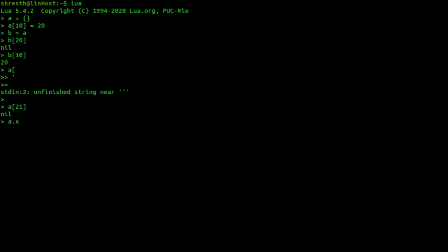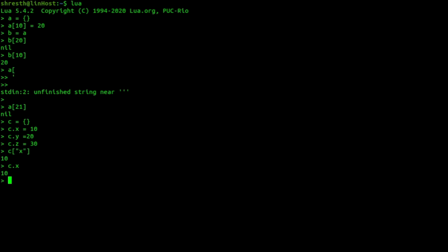Lua gives us this facility to represent structures. So I like this way. If you use tables in this way, it will be easier for us to represent structures in Lua. To give you an example, let's say I create a new table C, and I say c dot x equal to 10, c dot y equal to 20, and c dot z equal to 30. Now if I access this table C with either this expression or c dot x, I'll get the same value. So I hope you got the point.